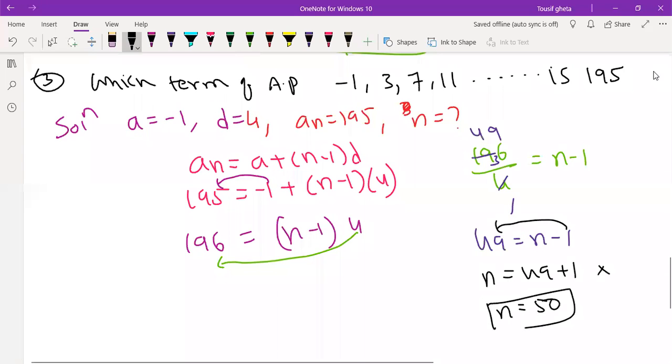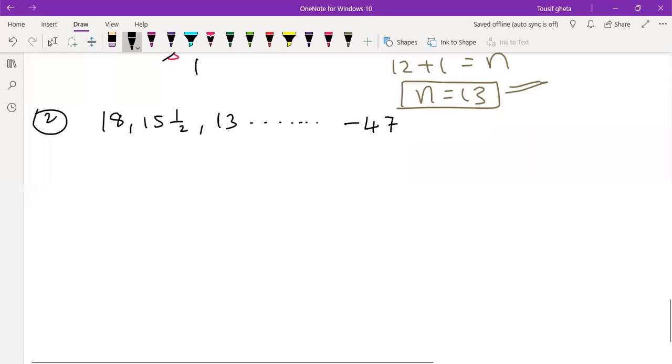So you understood this now. It is minus 1 on the A side; if I take it to this side it will become plus 1. So 195 plus 1 will become... I will show it on your screen now. Right, Shreya. Now this is 15 1 by 2 that is there. So yes, Yogita.